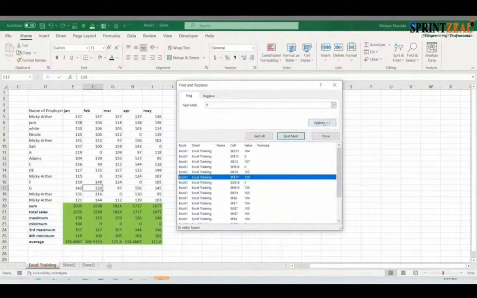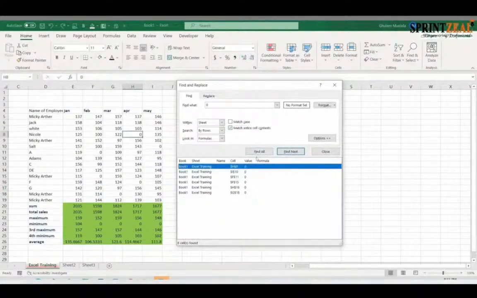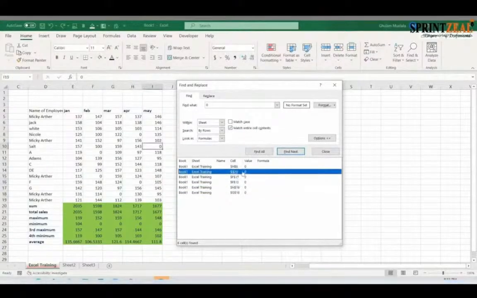For that purpose, we will go into the options. Then I will pick the match entire cell content. Automatically, it will pick only the cells that contain zeros, like this. Okay, we can jump into this cell. The benefit is that whenever you create a spreadsheet, this helps you find, let's say, where there is a name, etc. Okay,